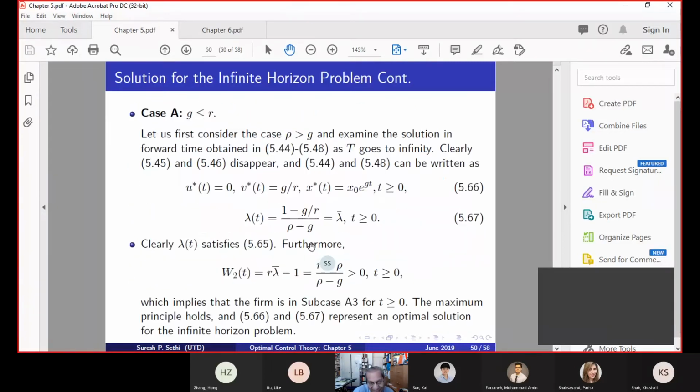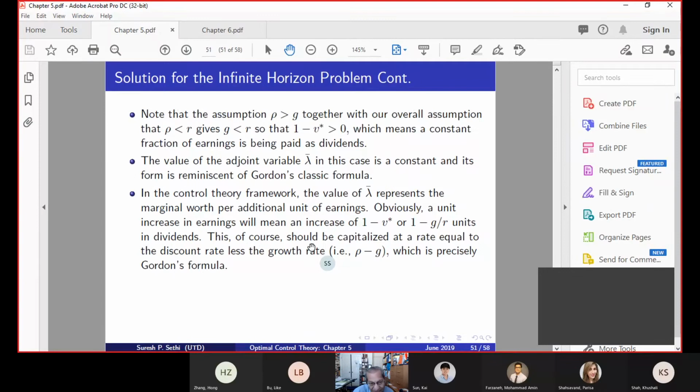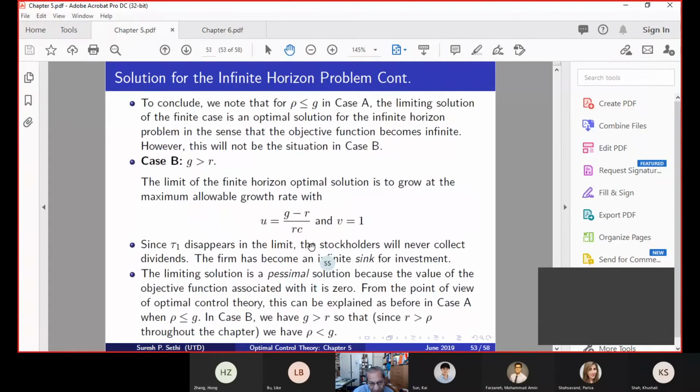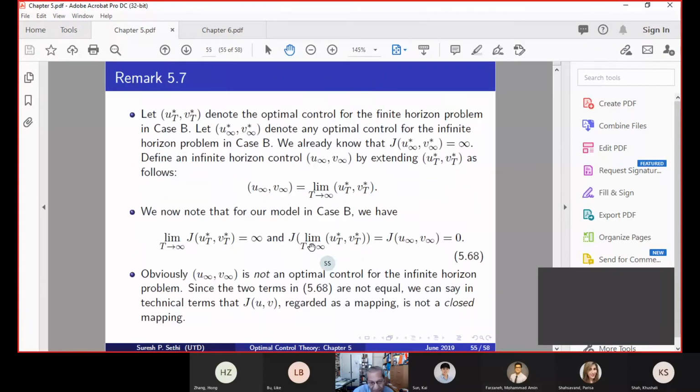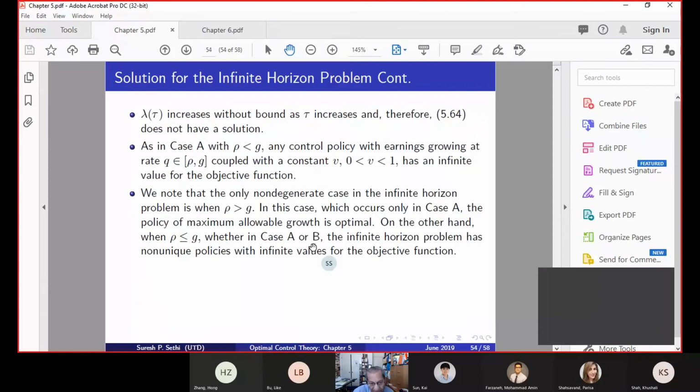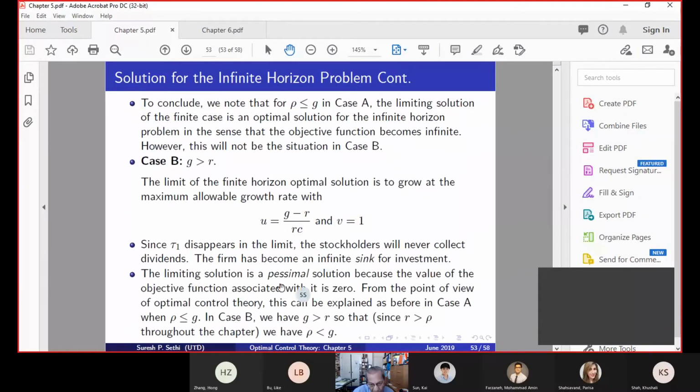I did not know this, but Thompson and I, my advisor, when we were writing this, wrote the following: since the firm becomes an infinite sink for investment, and the stockholders never collect any dividend, the limiting solution is a Pessimal solution because the value of the objective function associated with it is actually